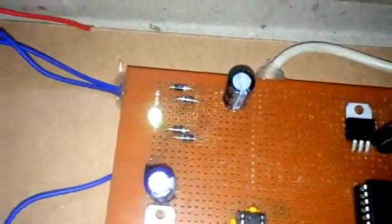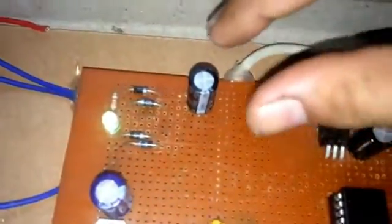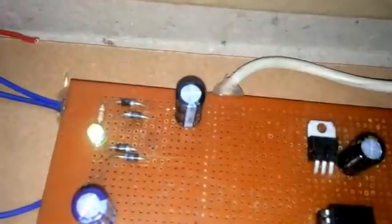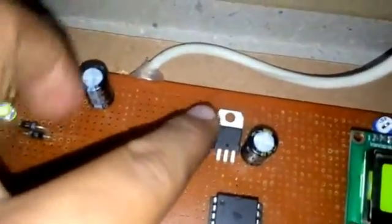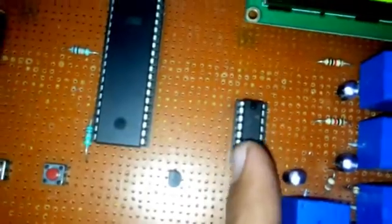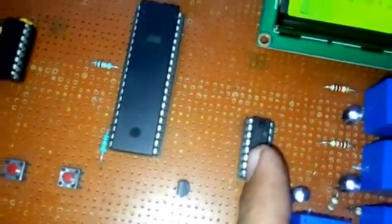And this is my capacitor which is used to smoothen that 12 volt DC supply, and that DC supply is given to this potential divider and given to this IC. This IC also operates on 12 volts,